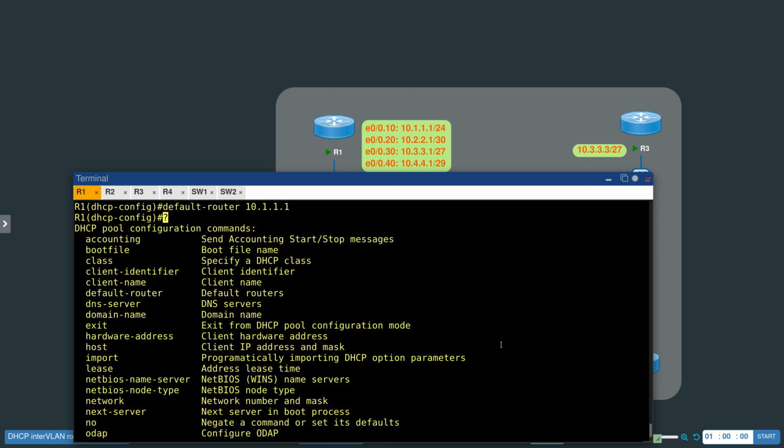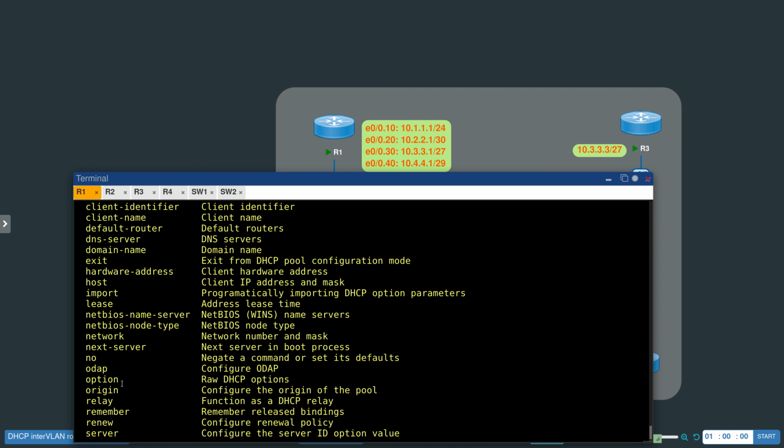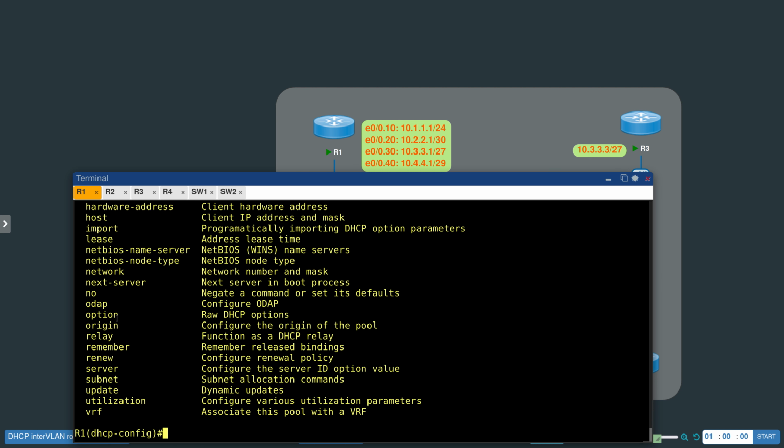I think that's about it. I have my default router. I don't need a DNS, it's a simple lab, so we're not going to need DNS. What else are we going to need? No relay, nothing. Okay, so in that case,